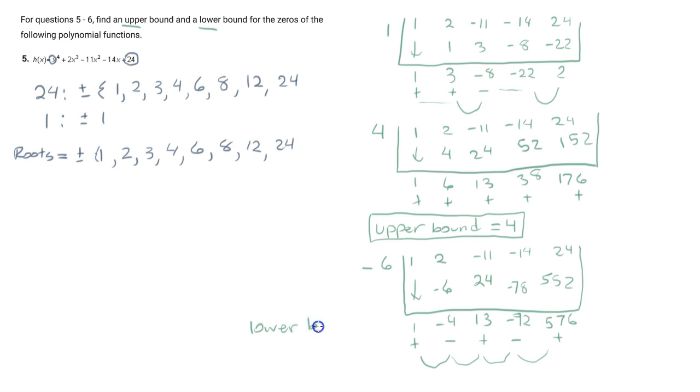So our lower bound would be equal to -6, meaning that no zero less than -6, so -8, -12, -24, could be a root. And so we have narrowed our roots down in between 4 and -6, so that we don't have to do synthetic division all of the many times we have for our roots listed here if we were asked to solve